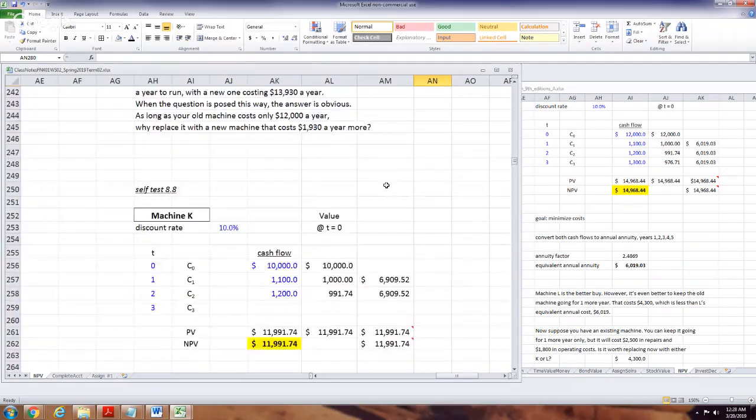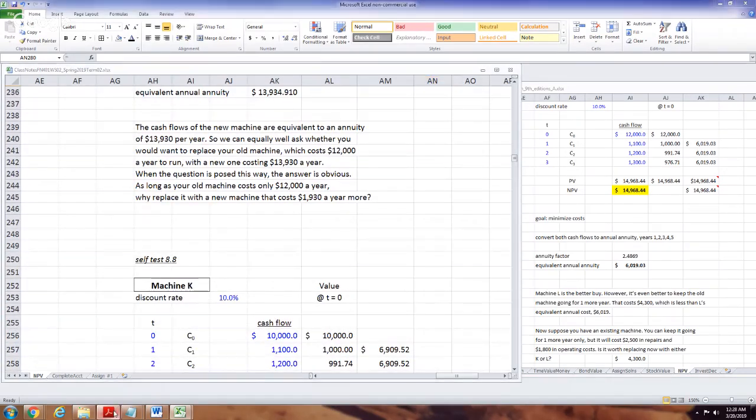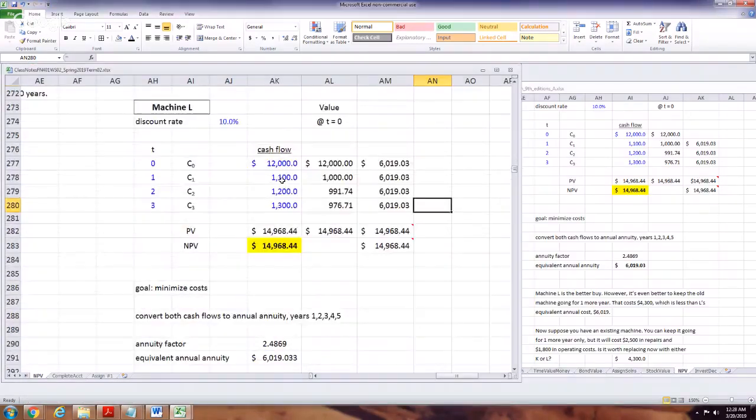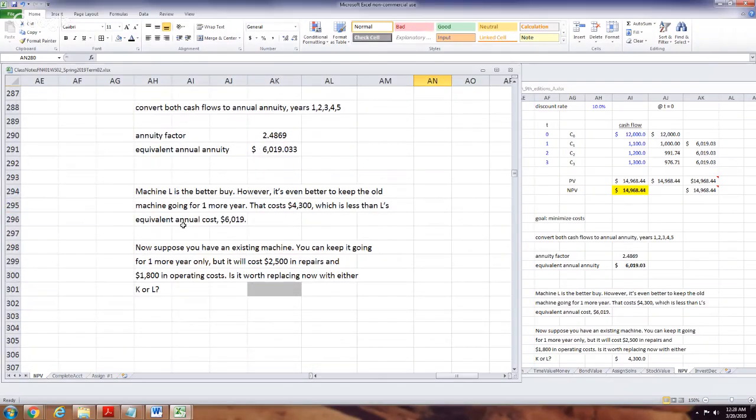Yeah, and actually they're talking, if you look in the book, there's an old machine that's already sort of going here. Yeah, repairs, operating. Yeah, it says again. I should have put that in here. I don't know why I didn't. Or did I? Oh no, yeah, we did. I put it at the bottom.